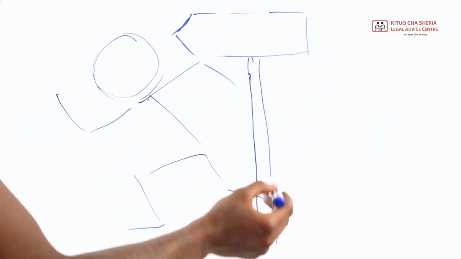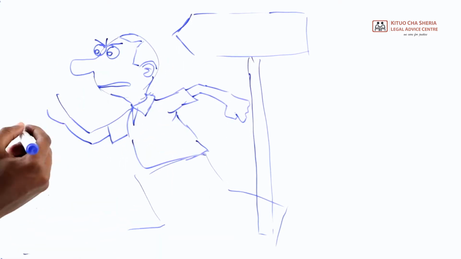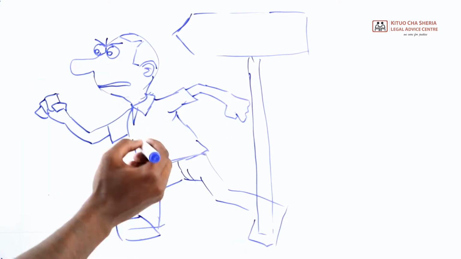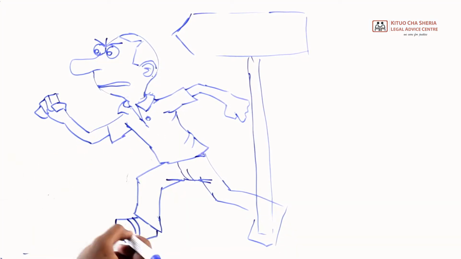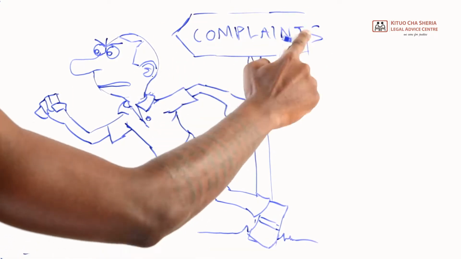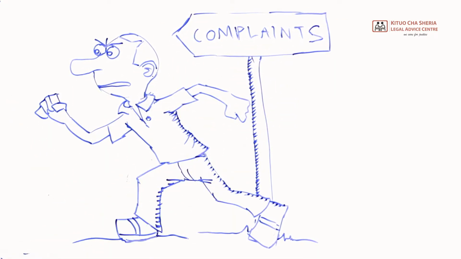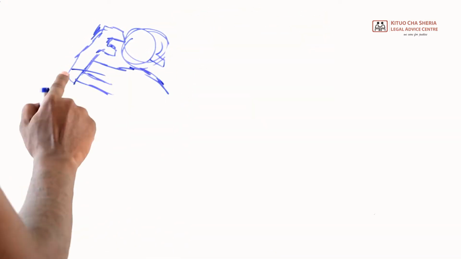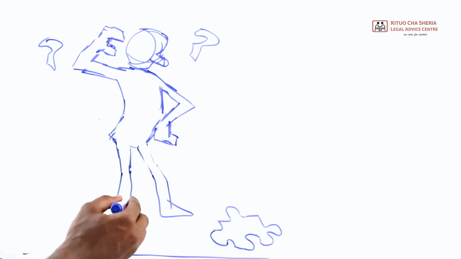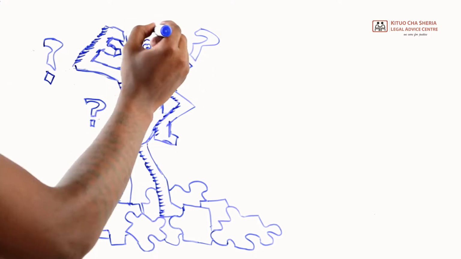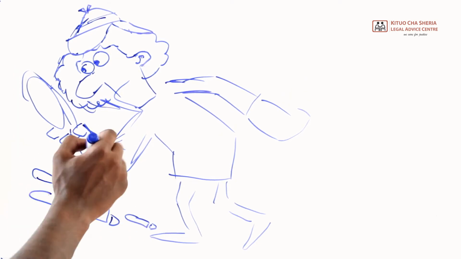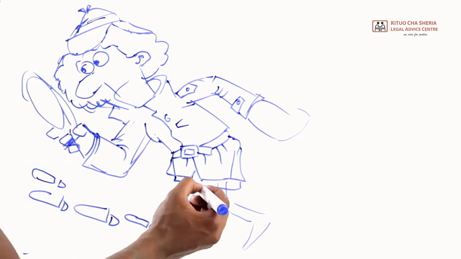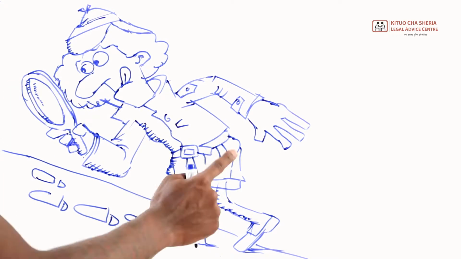The employee also has a right to go to the industrial court to present his complaint. If the complaint is because of a contractual agreement, the complaint should be filed in court within 6 years. If it is because of injury at work, then the complaint should be filed within 3 years. An employee under probation or who has been summarily dismissed while under probation cannot complain at the Labour office or at the industrial court. The employee must be able to show that he or she was unfairly terminated, and the employer must be able to show the justification for termination.